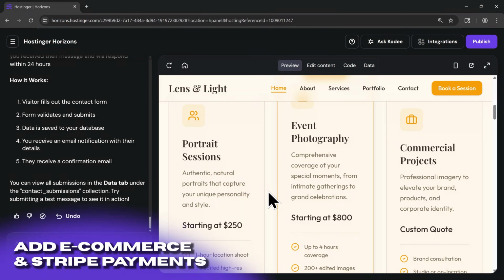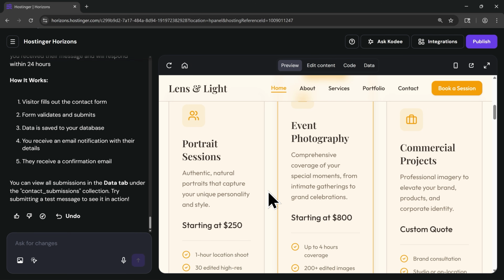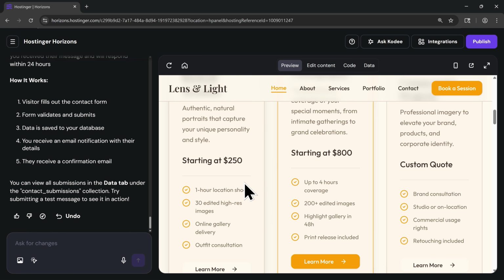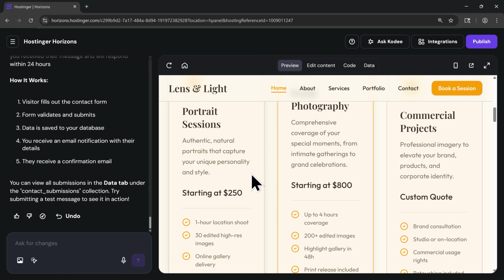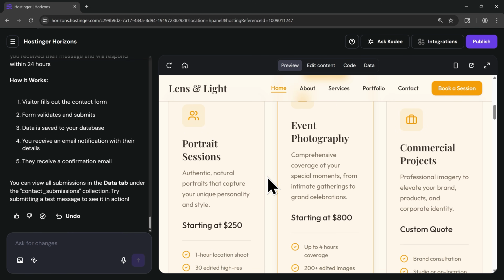Horizons has the ability to also support payments and e-commerce features, which is a really exciting addition. So if you're building a project where you want to sell something and accept payments through your website, that's something Horizons can now help you do. So right here within my homepage, I have this pricing section. It shows the prices, but you can't actually pay for the services. I want to tell the Horizons AI to allow Stripe checkout so that way my website visitors can actually pay